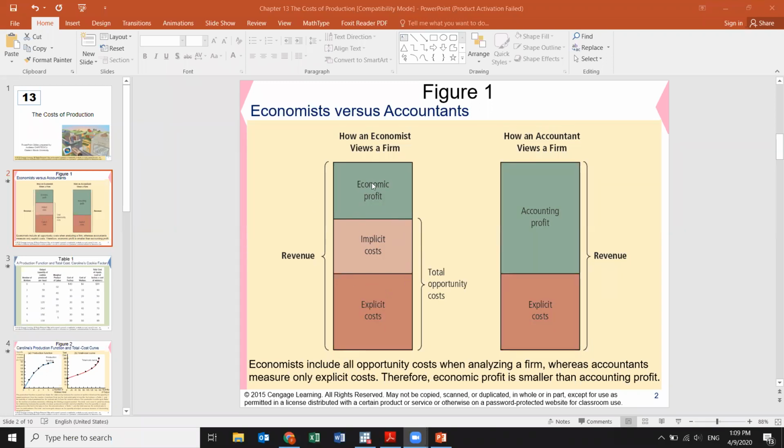So economic profit is much lower in contrast to the accounting profit, because in the accounting view, we don't have any implicit costs. In the accounting view, we only measure monetary inflow and outflow. Anything beyond this monetary issue is not considered by the accountant. This is what we have discussed. Then we said that